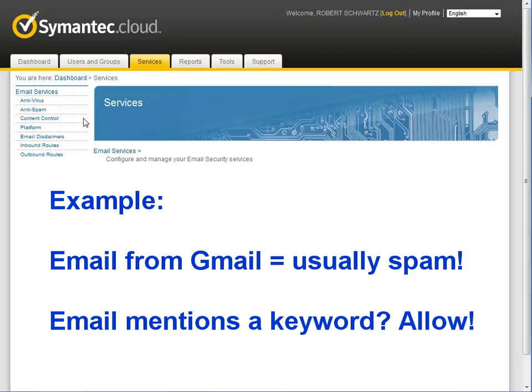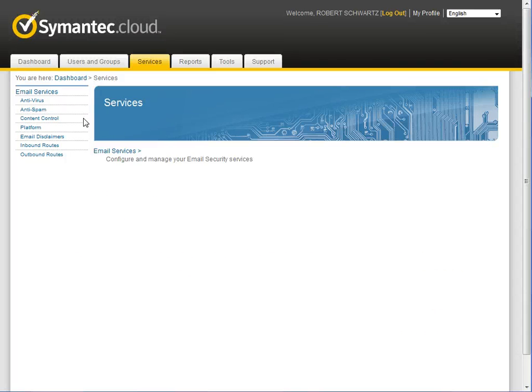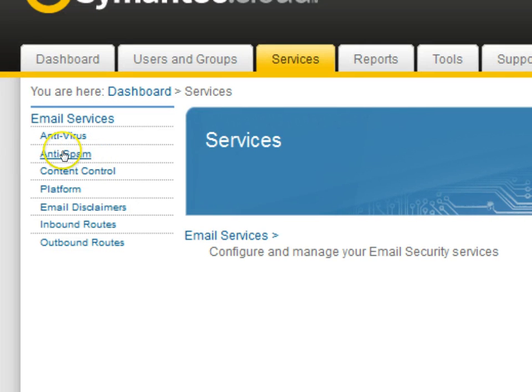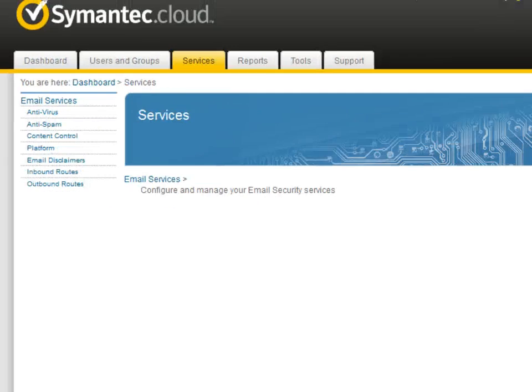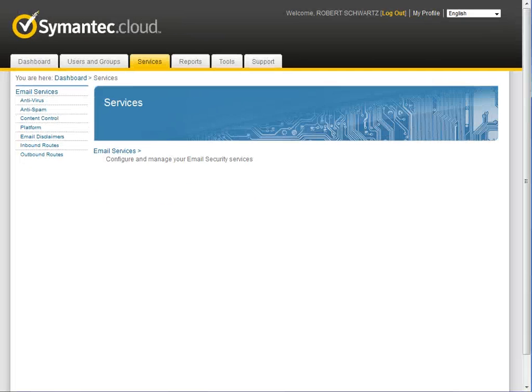In this tutorial, we will focus on how to block email from a given domain, unless a specific keyword is found in the body of the email. It is important to note that the anti-spam filter runs before the content filter. If the anti-spam filter deems a message as spam, the email will not reach the content filter. So this tutorial assumes a false negative and allows us to further analyze the message by way of content filtering